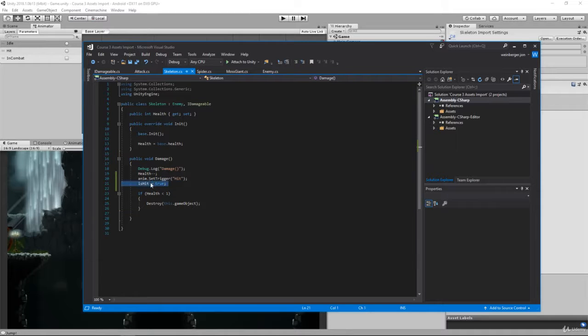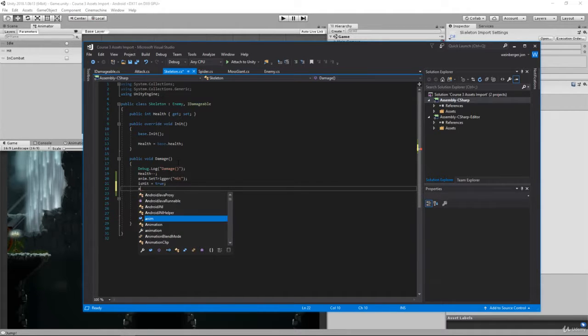We can stop the movement, and now what we need to do is say, once you're hit, hey, grab the animator component. We're going to say anim, and then .SetBool. That's going to allow us to say InCombat. And then what's the value? Well, if we just call this damage function, then InCombat is now set to true. If we save this,